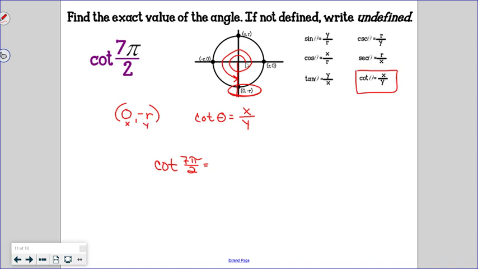Our x is 0. Our y is negative r. If the 0 is in the top of the fraction, that simplifies down to what? 0. 0 divided by anything is 0. So there's your last option. If 0 is in the numerator,